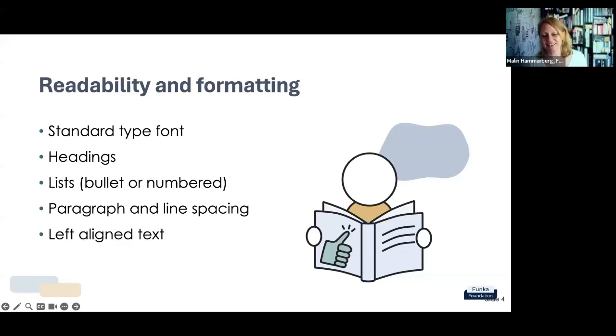Left align text increases readability, as do font size and line length. And these are very closely connected in documents because we have a set piece of space we can write in. So when we increase the font size, our recommendation is always minimum 12 points. The line length automatically shortens. And there are so many studies showing that line length affects readability. All of these are handled in styles